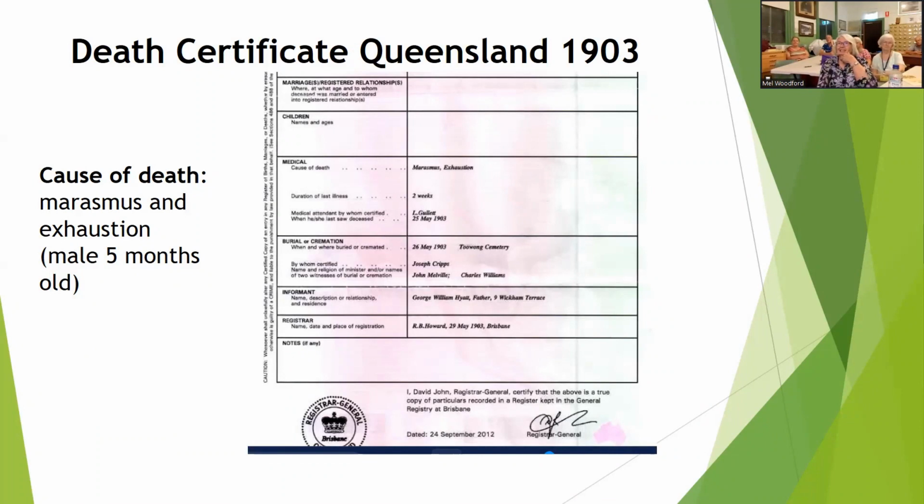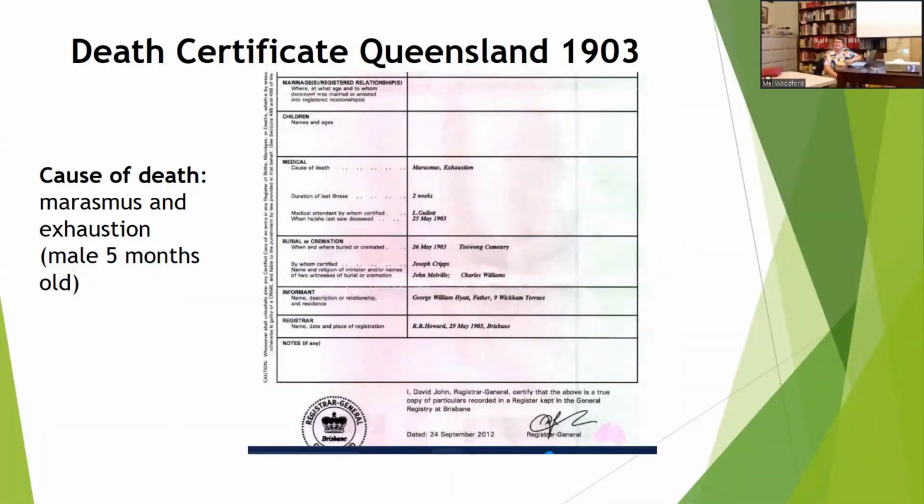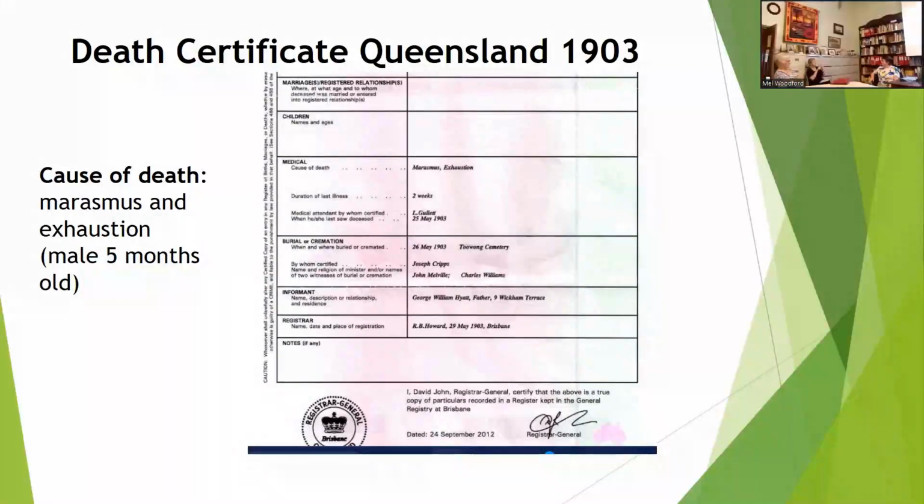So what about other research that you've done? Have you come across other curly ones that you can't find? I came across an interesting one on the death certificate of my father's twin sisters. Oh, right. Inanition, which was the wasting disease because the mother had malnutrition. Oh, okay. I haven't heard of that one. So was it the child that had the inanition? Yes, both of the children. They died a month apart. Oh, right, okay. So that would be like the marasmus.